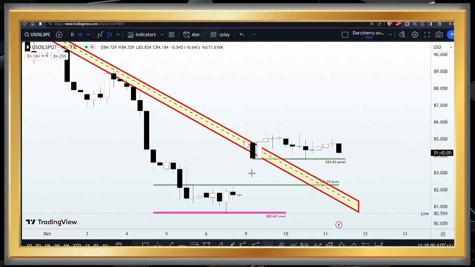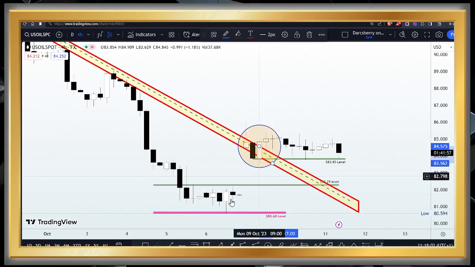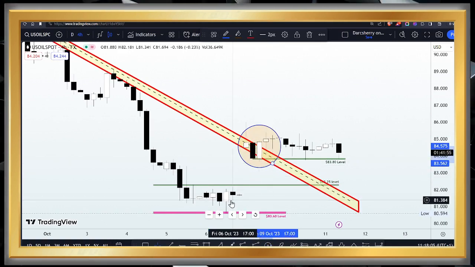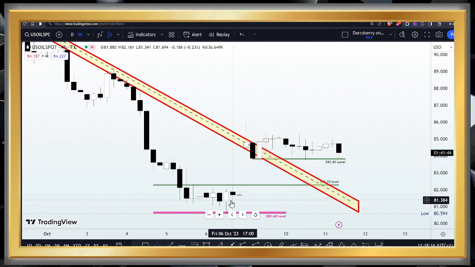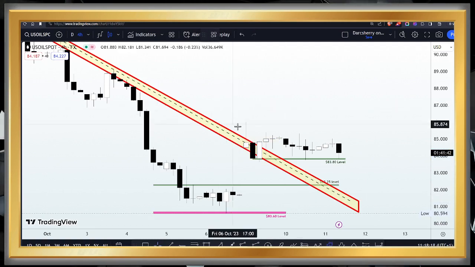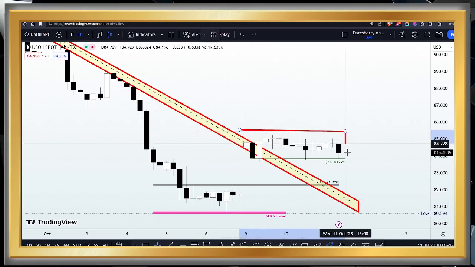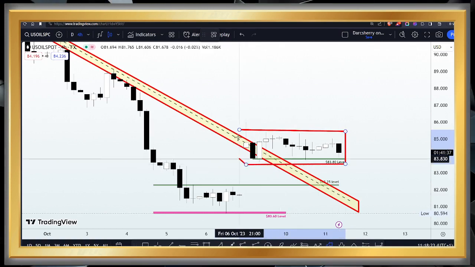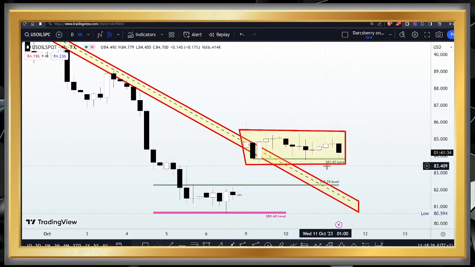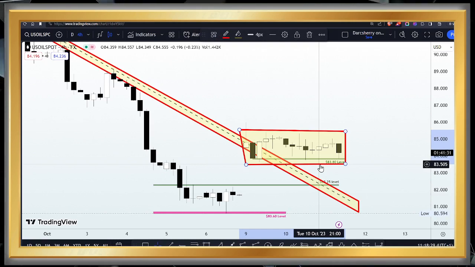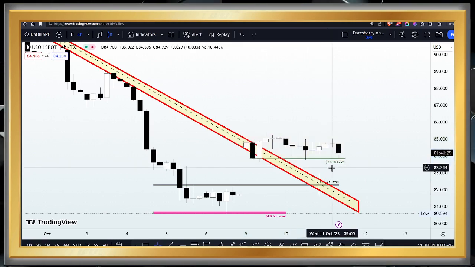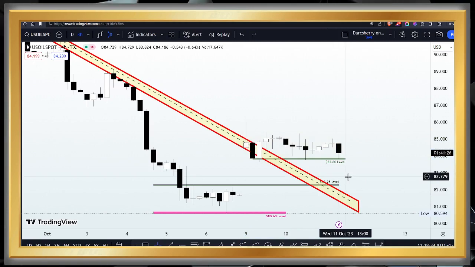Now, price has broken out of that descending trend line, which is a good sign that the trend line may no longer have the capacity to continue to negate the bullish attempt. And since the breakout of the trend line happened at the beginning of the week, you will see that price action has been confined within a range which emphasized the level of indecision at this point. Now, as long as price remains above that ascending trend line, above the descending trend line, it's reasonable that we look out for buying opportunity here.